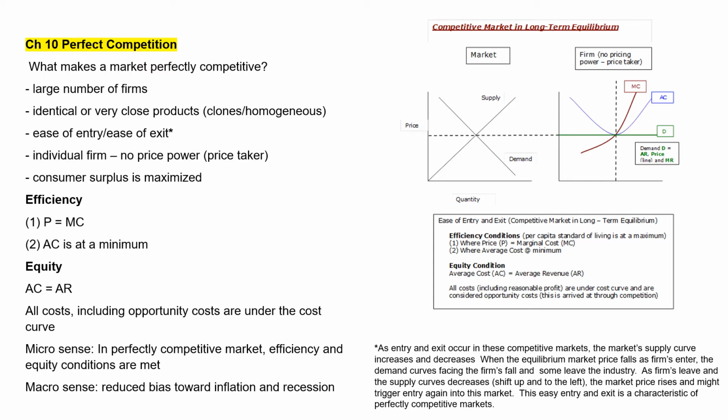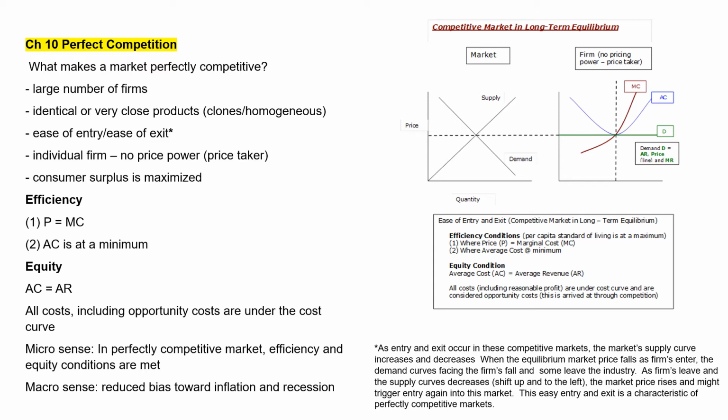There's no economic rent or producer surplus, so you're getting the maximum amount that you can so far as consumer surplus is concerned. The criteria that it also meets would be what we call the welfare conditions. This is an economic term, welfare, and it's in how society overall is treated. It's not in terms of welfare payments, benefits, etc. It has to do with the overall societal welfare. So the welfare conditions deal with efficiency and equity.